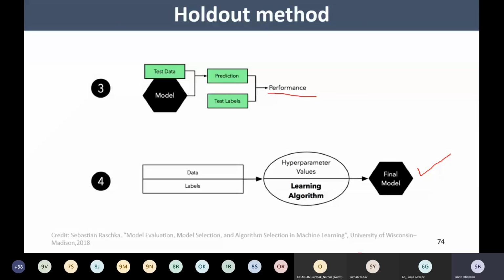In the next session, we'll be focusing on a few more such methods for splitting the data, and that is really very interesting because practically we need to make use of these methods. Okay, so let's stop today.